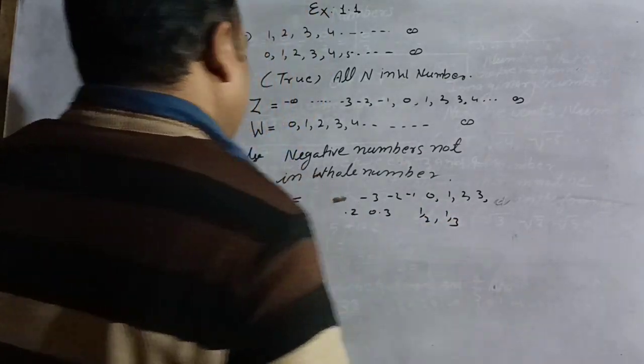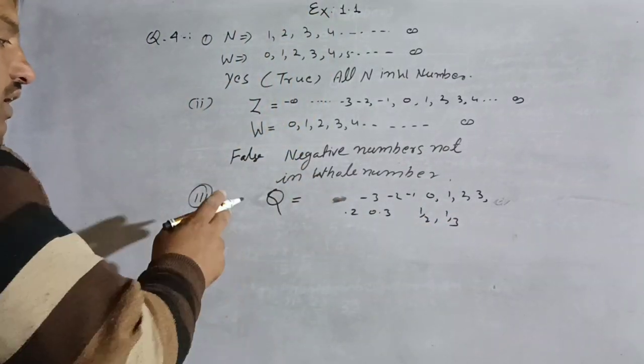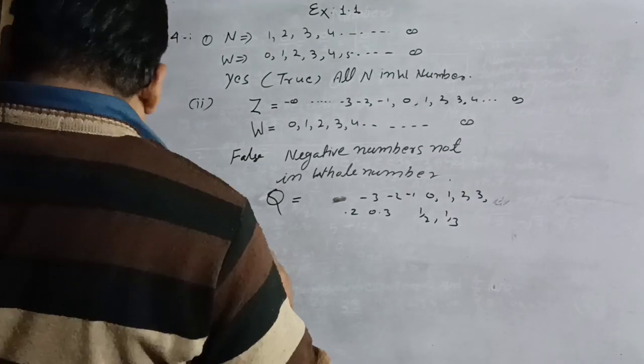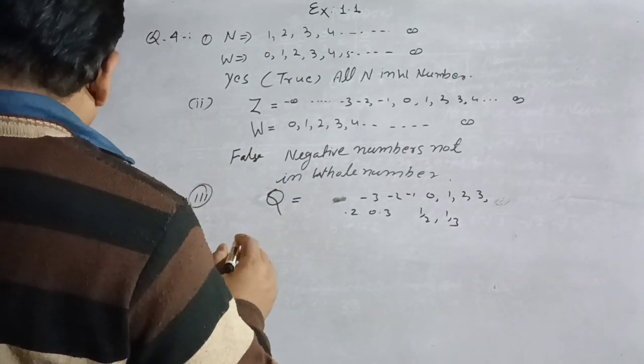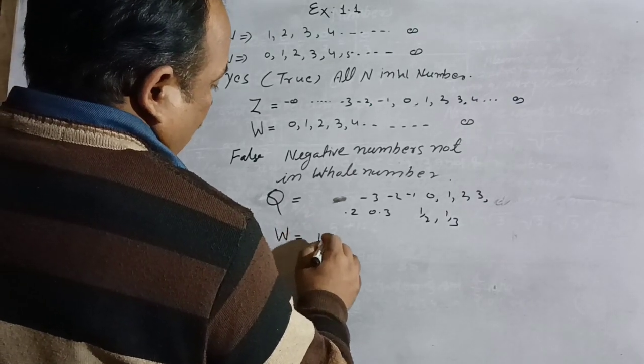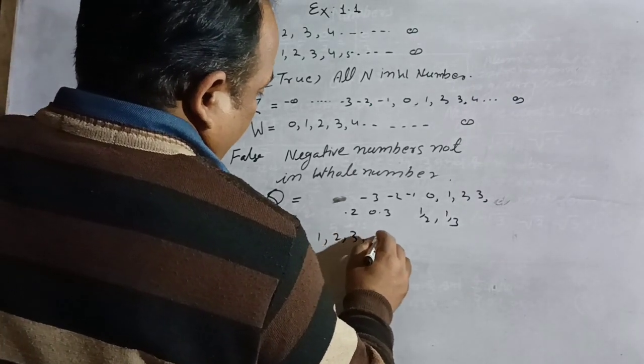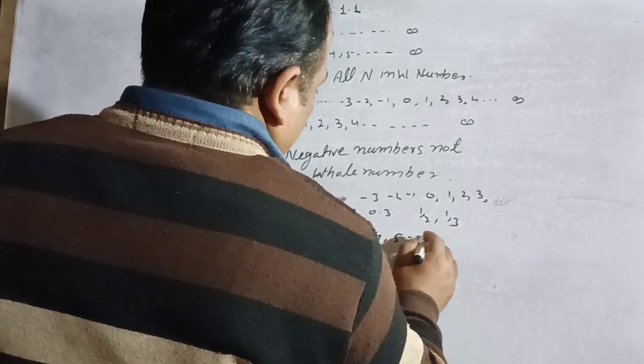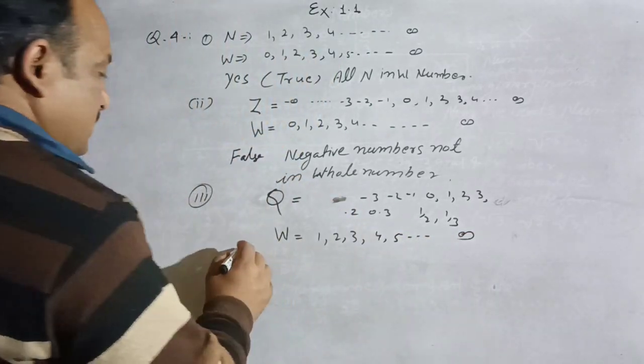All these types of numbers are called rational numbers. And whole numbers are 0, 1, 2, 3, 4, 5 and so on to infinity. So this is also false